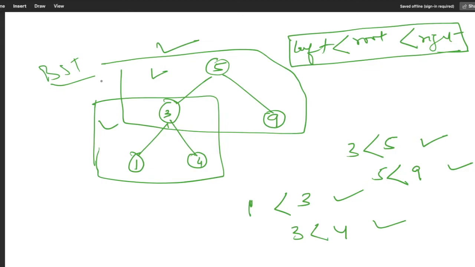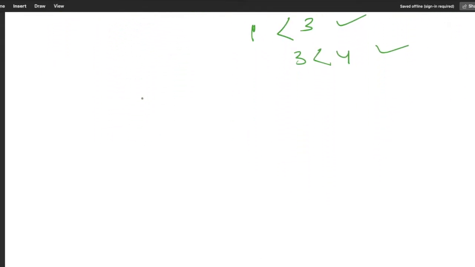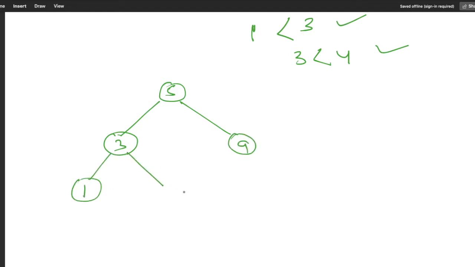Now let me change this one. Let me take one different example. Suppose the root is 5, here we have 3, and here we have 9. Now I am changing the values: here 1, and the right side value is suppose 10. If you see here, the root 5 is satisfying the condition: it is greater than the left part, which is 3, and also less than the right side, which is 9.